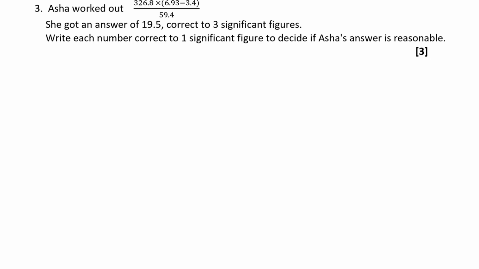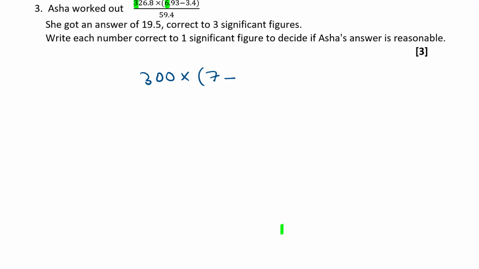Okay, so let's have a look at what we've got. So on the top there, we've got 326.8. So the first significant figure is that 3 there, isn't it, which is in the hundreds column. So if we round that number off to the nearest 100, we're going to get 300. Okay, and then multiply that by open bracket. Now the first significant figure of 6.93 is the 6. That's in the units column. So rounding that number off to the nearest unit, it's going to round up, isn't it? So it's going to be 7